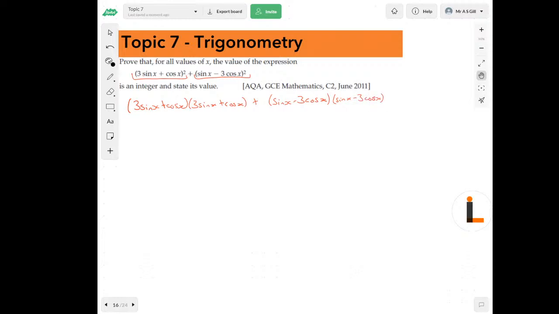So we've got this now written out. We can go through and expand this bracket and multiply these brackets out now. So we're going to get